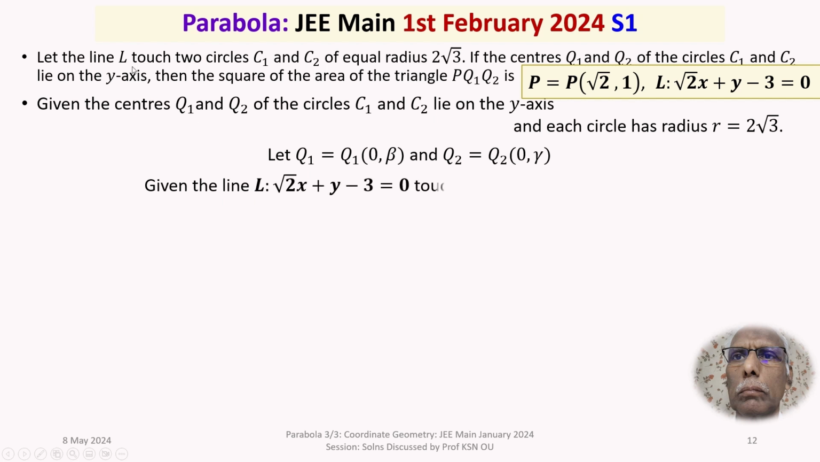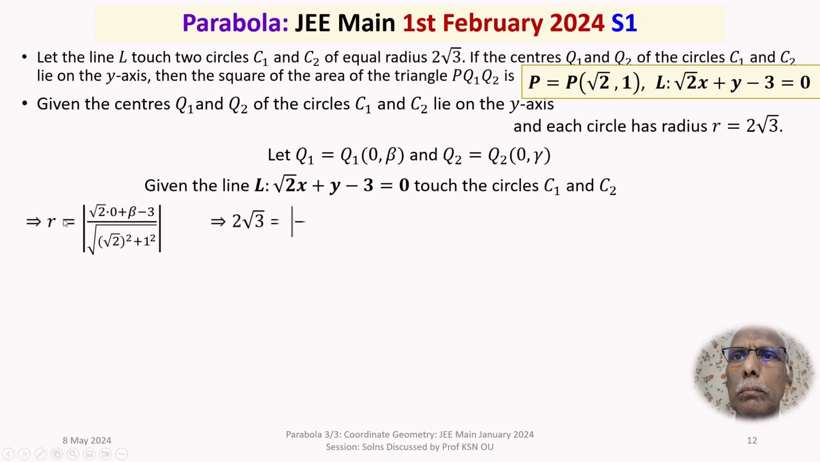Given this line L touches these two circles C1 and C2, that means this line L is a tangent to both the circles C1 and C2. Right. If L touches both the circles and the centers of these circles are known, you can find out the radius of each circle. So you will write the radius r is equal to